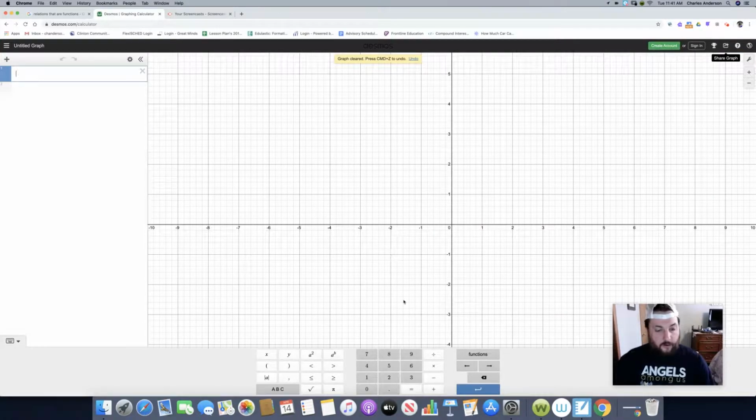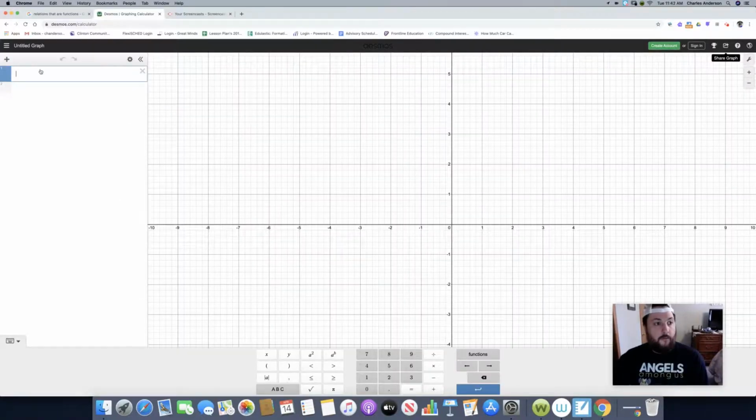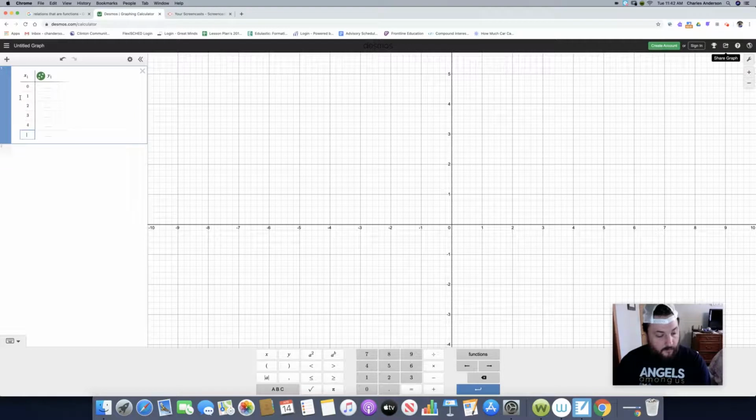And then we're going to input into the table, which we've done before. I just lost my pen. Oh, here it is. We'll put these values in for X and these values in for Y. Remember, on our table, we're going to hit the plus sign, hit table. We're just going to put on the X's 0, 1, 2, 3, 4, 5. And on the Y's,